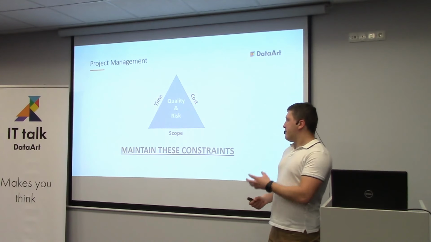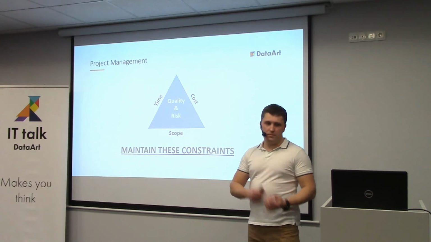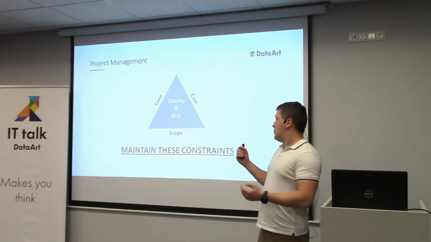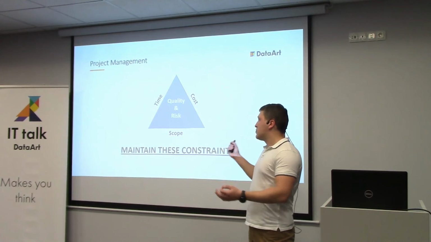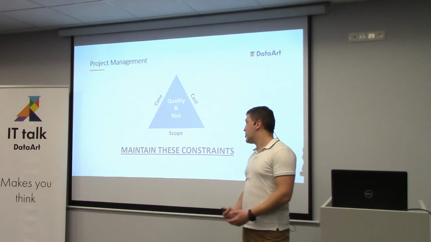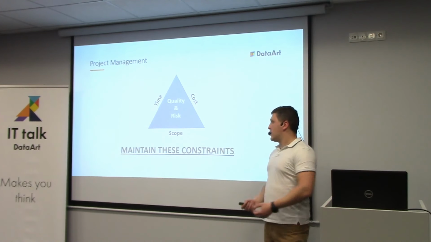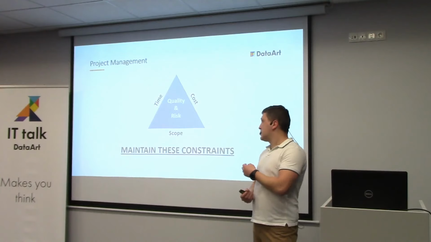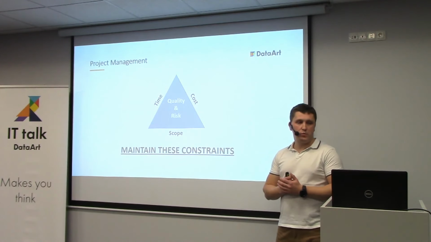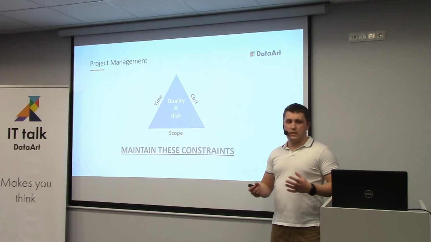But if anything changes, most often scope changes because customer comes with some new ideas, with change requirements, etc. Then we need to react to this. We need to change our time constraint or cost constraint because it will be more expensive or it will take more time or both in many cases. So we as project managers have to maintain this and take proactive steps if something changes so that we stay within certain boundaries and so that they don't fall apart.